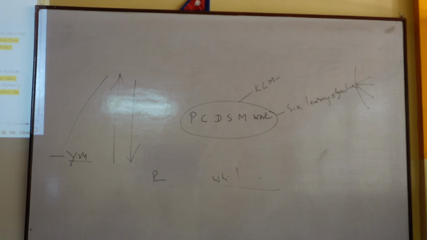Now the sender has an idea. Second, the sender encodes it into a message. Now I am using words. Then the sender produces a message. I am speaking to you loudly. Then the sender transmits. I am sending you the message orally, through the channel. And then the audience receives. You are listening to me. Then the audience tries to understand what I am saying. Then the audience responds. If you are confused, you raise your hand. So I am getting this point, right?